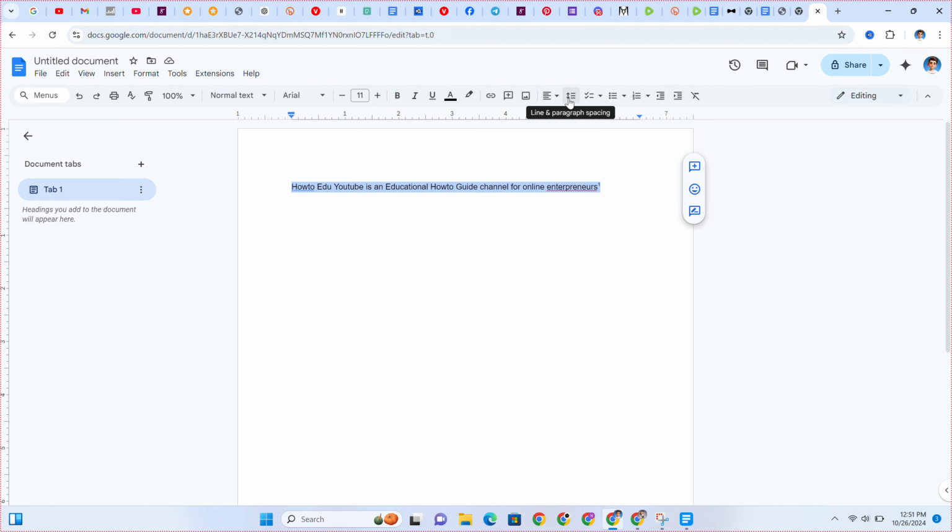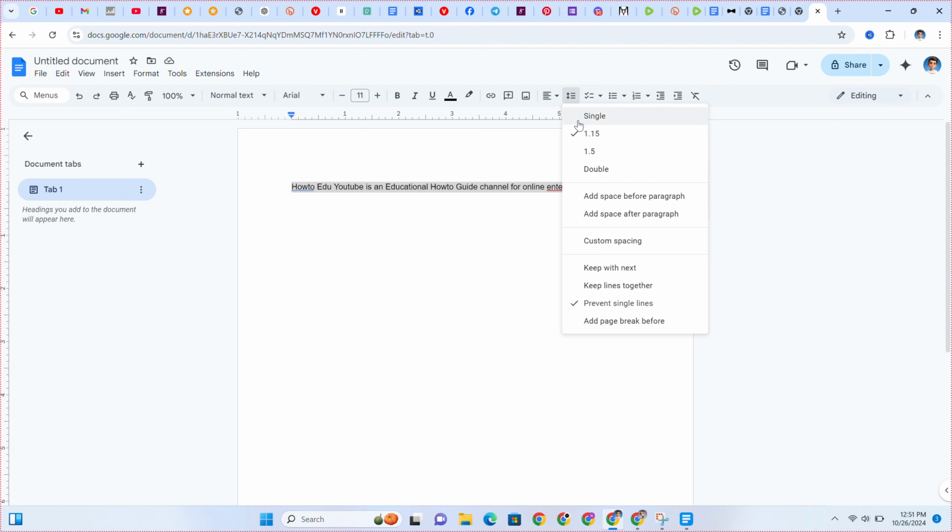Yeah, so this is it, line and paragraph spacing. Click on it. You can select the 1.5 line spacing option, the double line spacing option, or the single line